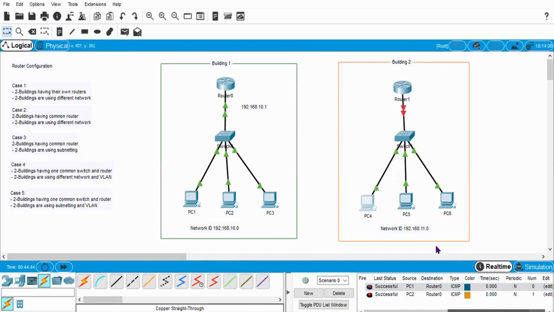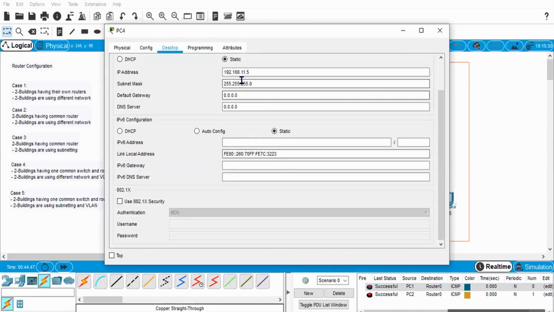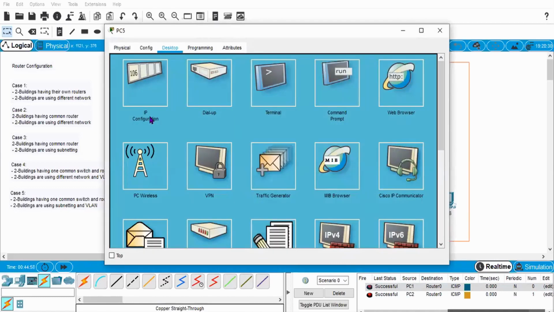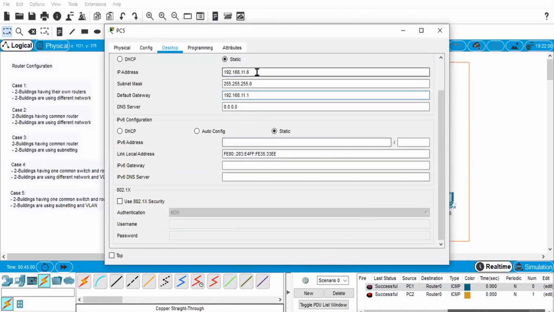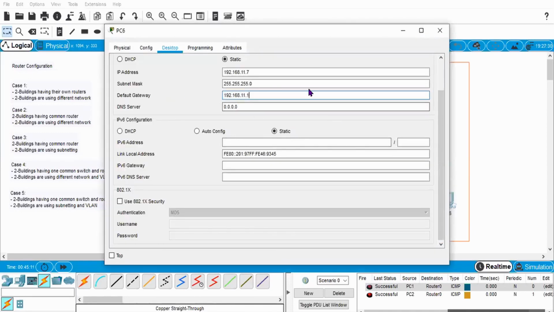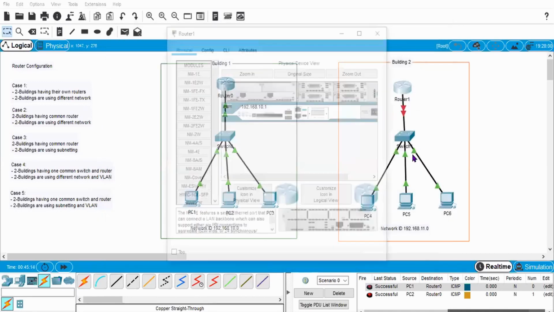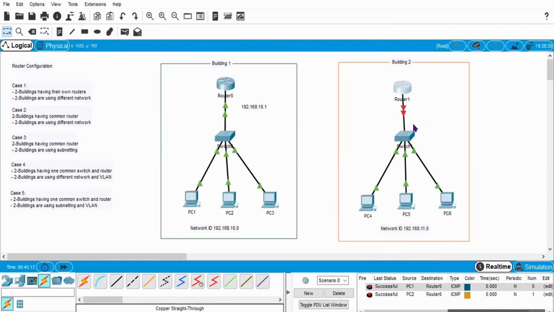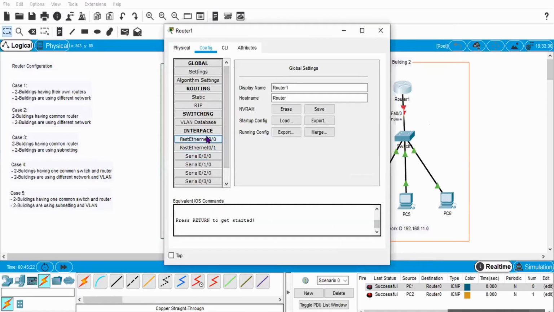If I do the same thing, if I go to this PC and type 192.168.11.1, in this case I am taking the first address of this network as the default gateway of that network. So I go to all my PCs and type this default gateway. Then I go to this router, and first I need to check where I have connected. This is also fast Ethernet 0/0.